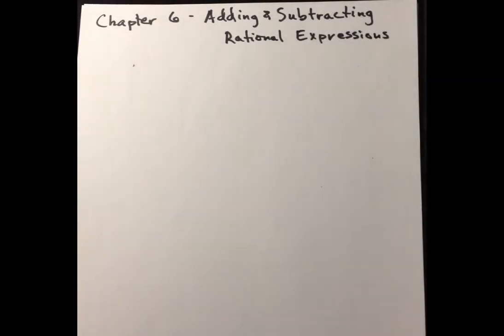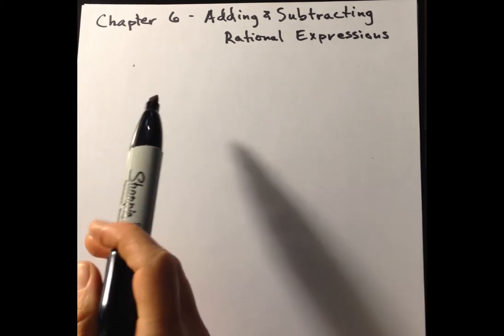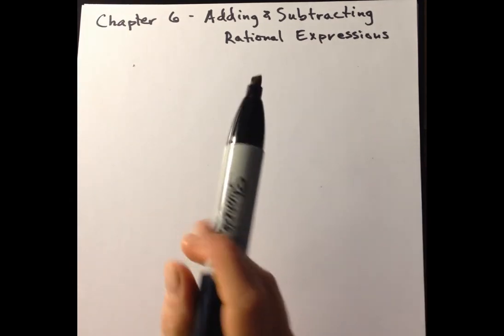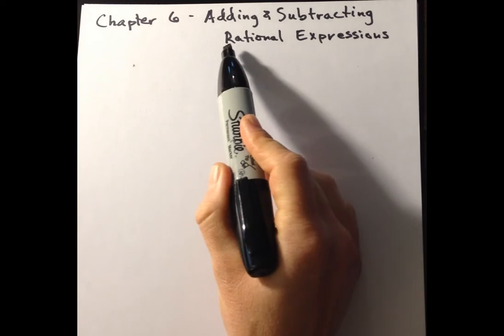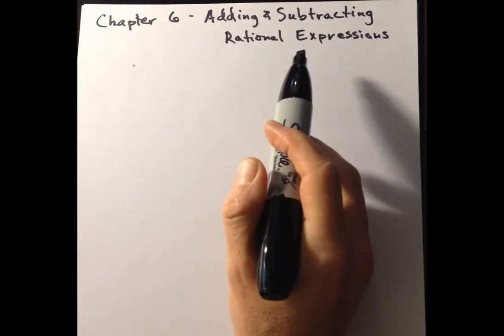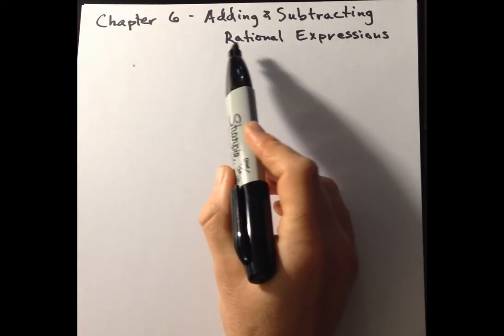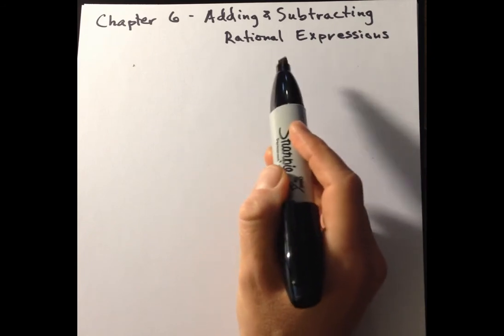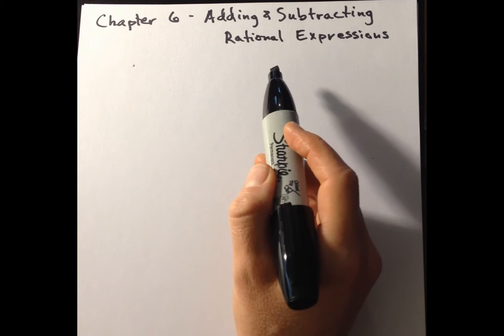So at this point for Chapter 6, we have discussed multiplying and dividing rational expressions. And the next thing we need to talk about is adding and subtracting rational expressions. Remember, a rational expression is just a ratio of two polynomials. And with any ratio, when you're adding two of them together, you need to make sure they have the same